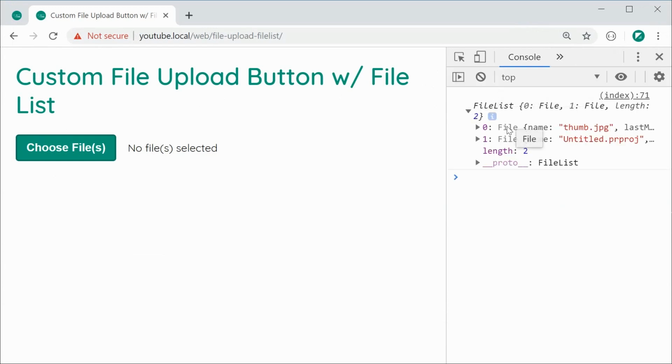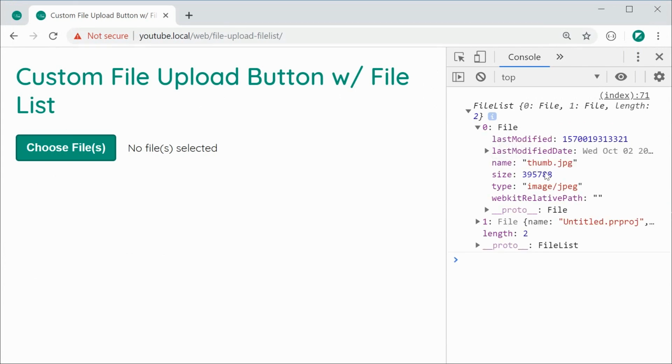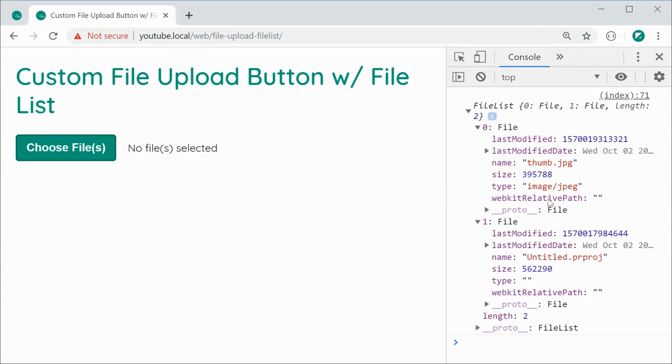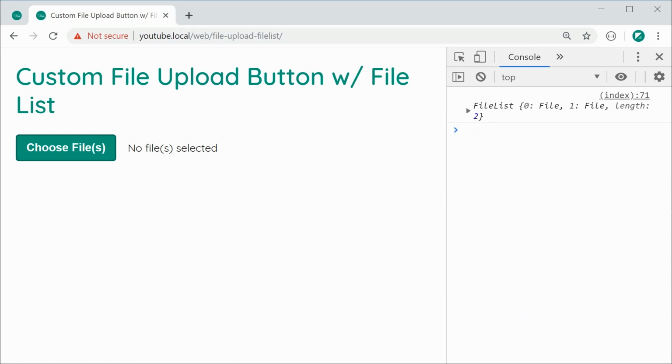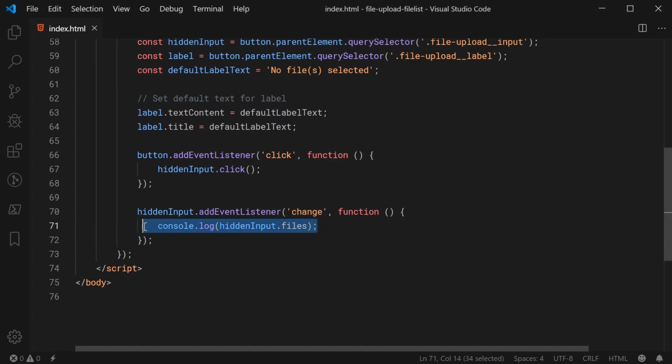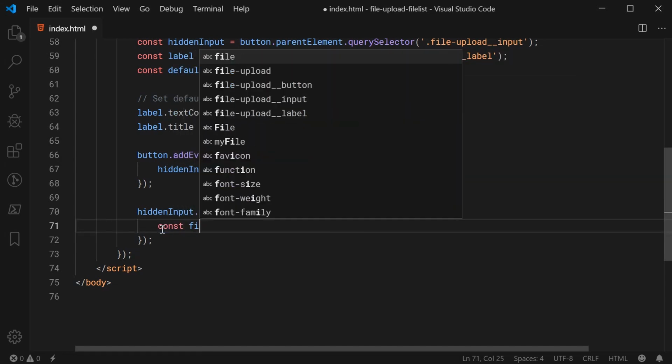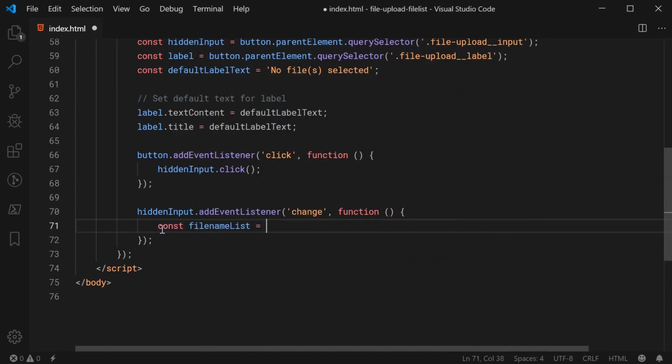Expanding this gives us these 2 files, of course, thumb.jpg and untitled.project. So basically now we're going to be extracting this name property from each one of these files, and then of course adding a comma to separate those. Okay, so let's go back inside here and we can say const fileNameList is equal to